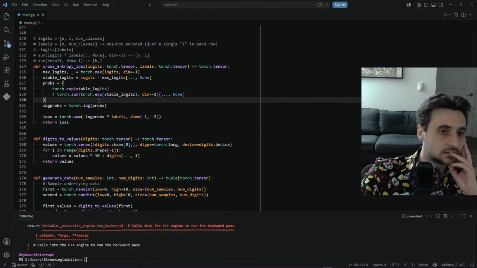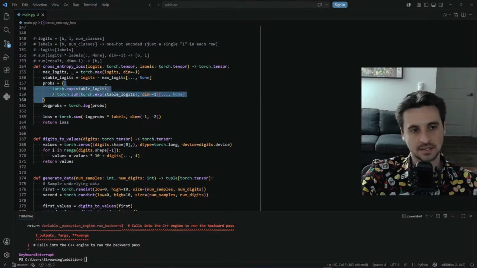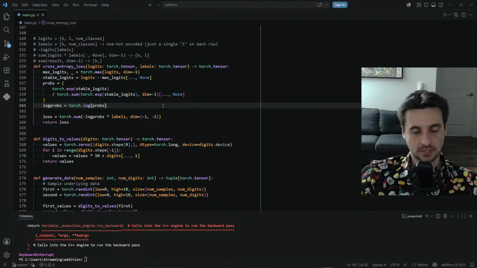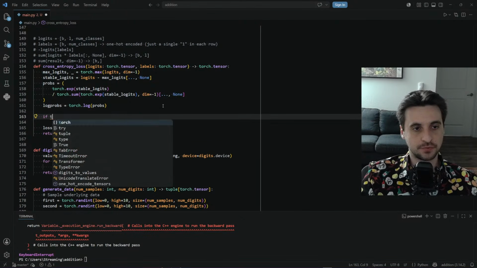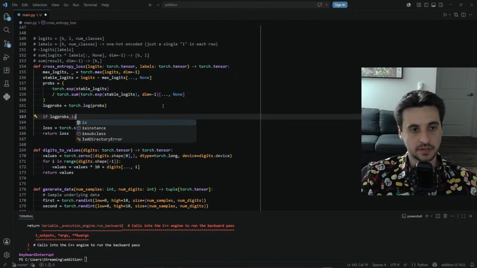It's the log, right? Ah, yes, because I take the logs of all probabilities and I get like a minus infinity or something, I'll bet you. I will bet you that's what's happening. So let's see, if log probs is